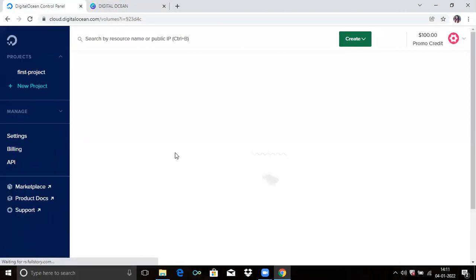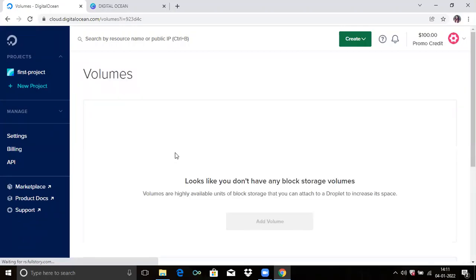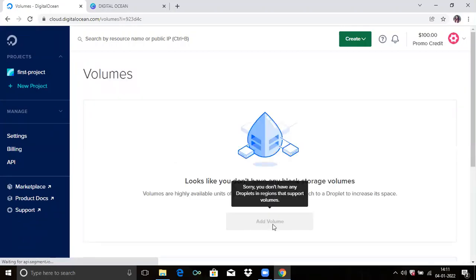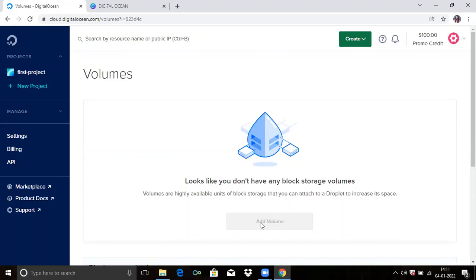You can see the add volume button is invisible for you because you don't have any droplets. You can see the message, sorry, you don't have any droplets in regions that support volumes. That's why the add button is invisible for you.